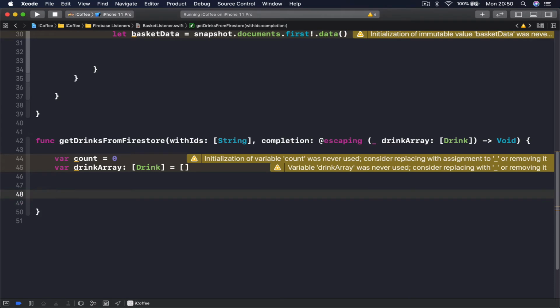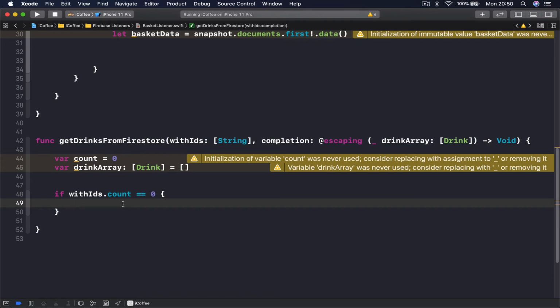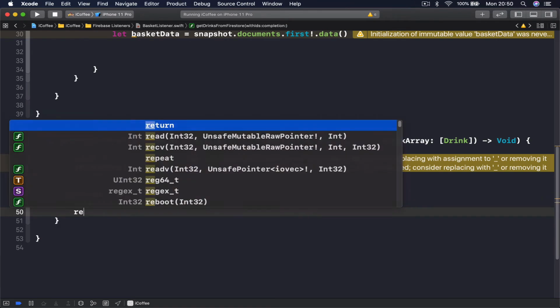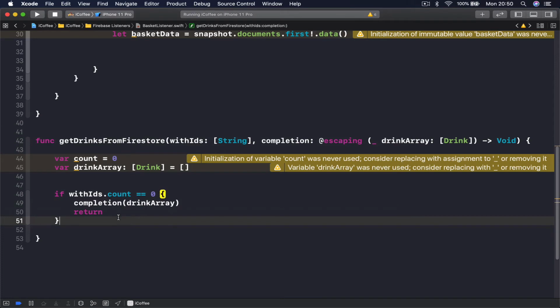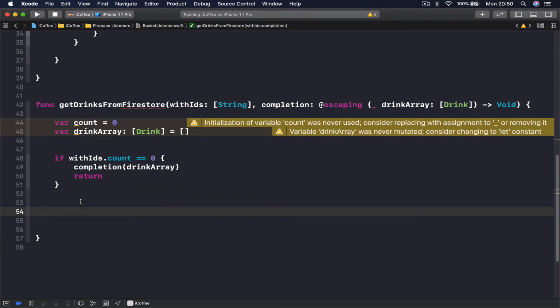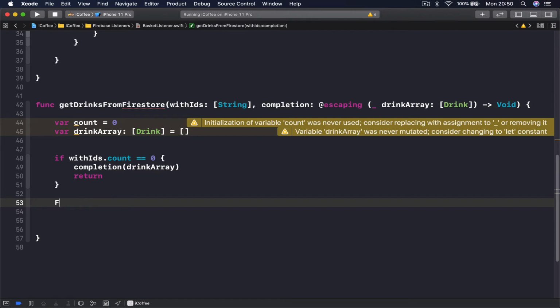What we need here is just a safety: if withIDs.count equals 0, if there are no items with IDs, we just want to say completion, and I'm going to pass my drink array and return. So we don't want to continue if there is no items passed in with IDs. And if, however, we have some IDs there, some drinks we need to download, I'm going to call